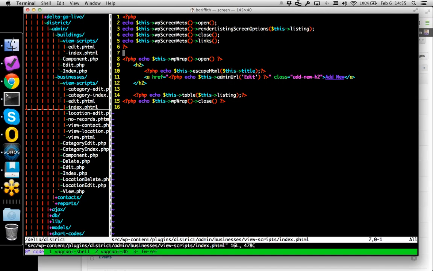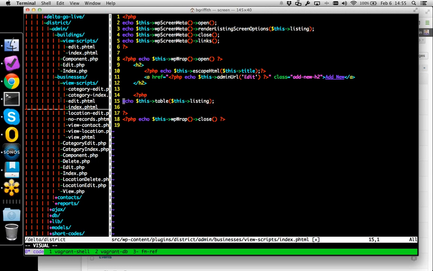And then the other big view helper here is the table view helper. Like most things in Dewdrop, you can just use it in a very simple way like this. So I'm just echoing this table, this listing. So I'm basically handing the data controller to it and saying just render the table. I can break that down and be a lot more granular if I want to. So if I grab this,